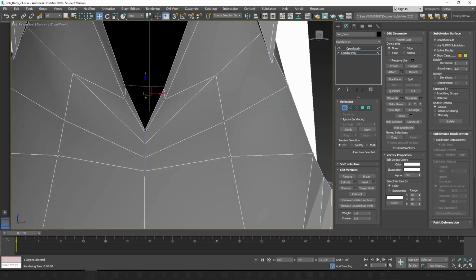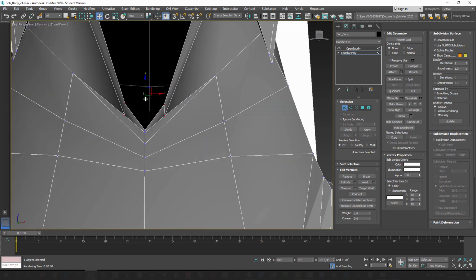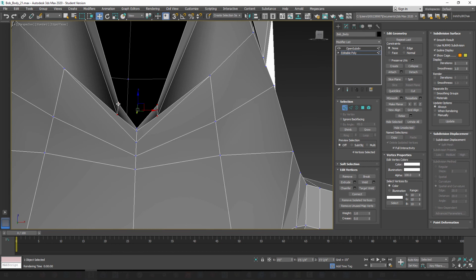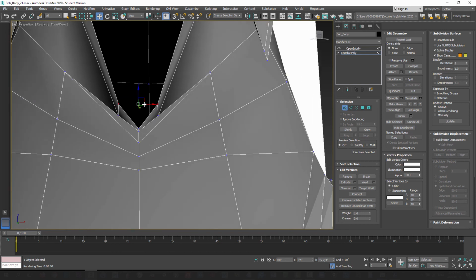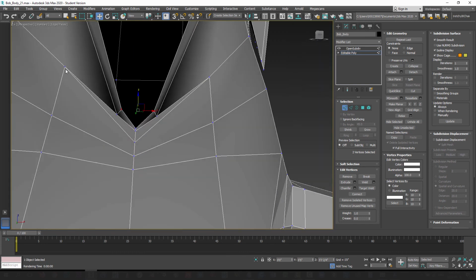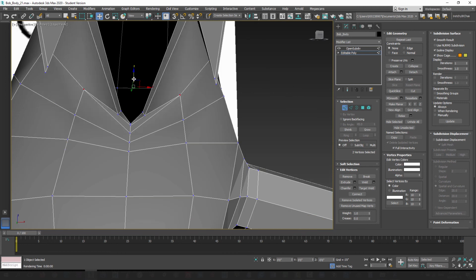Okay, so we're just trying to get these close to the middle here. So something like this. You might have to individually grab the verts at the top here. Just make sure you're working on both sides at the same time. And we'll kind of pull these over. We can come back and finesse that after. But we need to do the same thing, working our way down and out with the verts that we have here. So I'm going to scale these in,